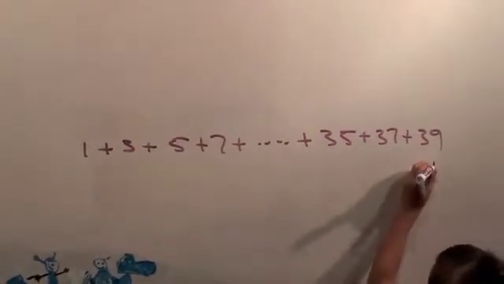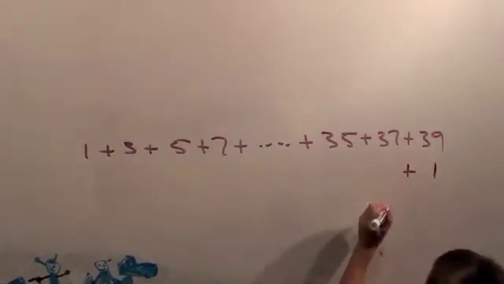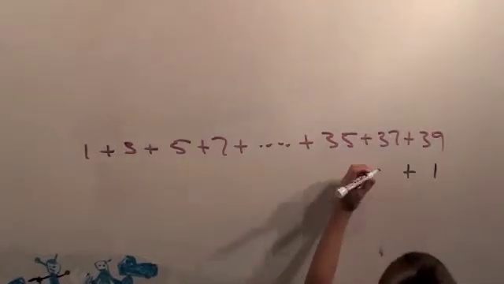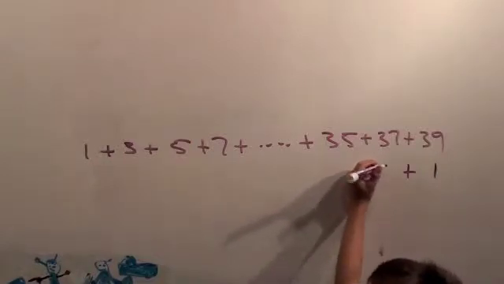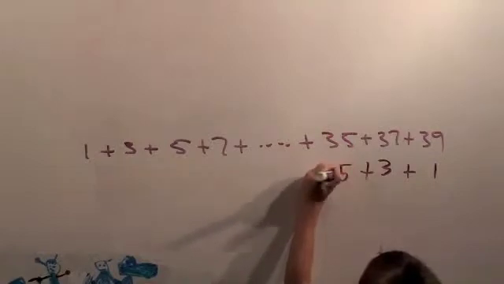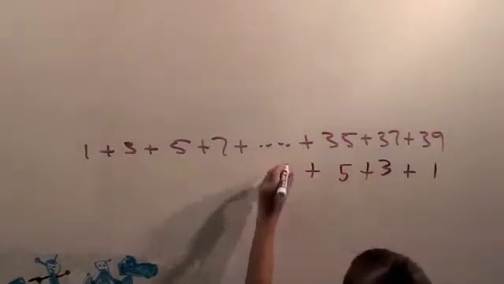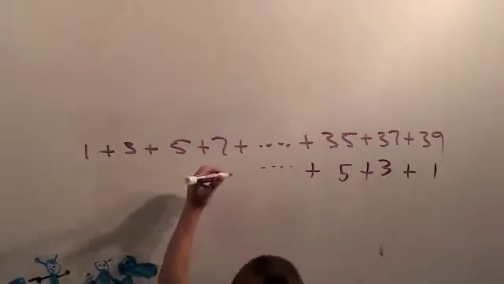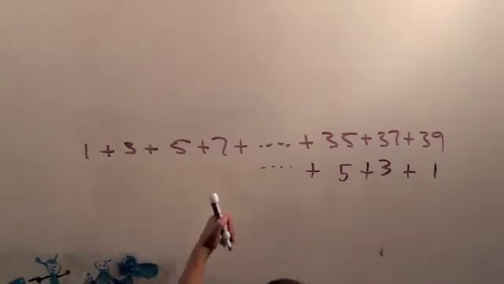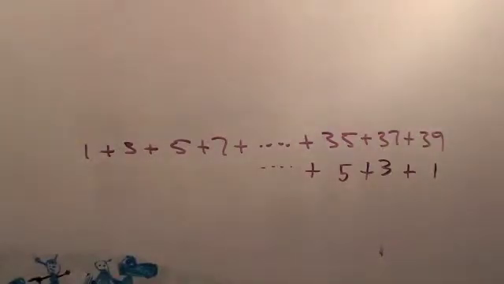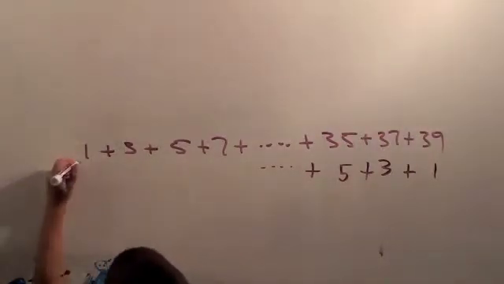Okay. 1 plus 3 plus 5 plus ... If you write it backwards, what number is going to be paired with 1? 39. Okay, so start from the end, sometimes it's a little easier. So that's going to be